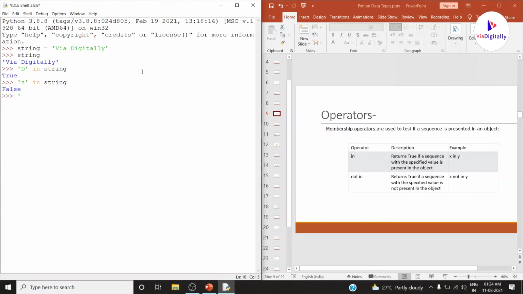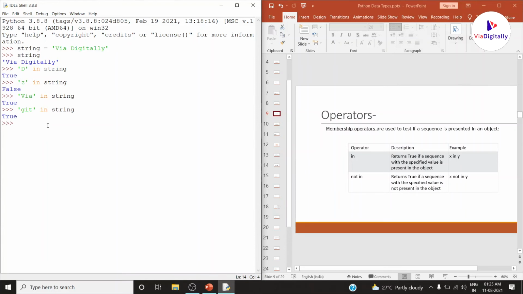Not only single characters, even if you want to pass some range of strings, for example via in string, still it is returning true because the sequence via is present at the initial part of via digitally. Not only this, if you want to test whether GIT is present in string, it is true because GIT is present in this sequence. So this is the use of membership operators.